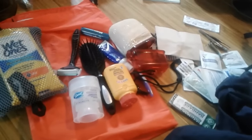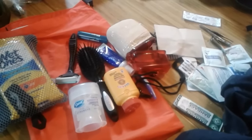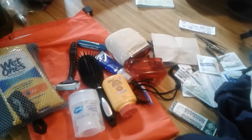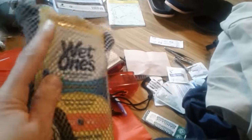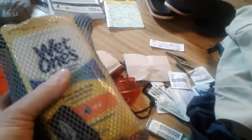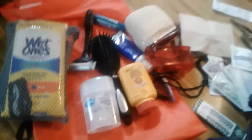Hygiene and first aid. I went through this so many times, and I've reduced my weight down. This is it. This is the minimalist I'm going to go without feeling that it's going to infringe on a little bit of comfort and safety. So I have some wet ones, and I've sent some resupplies. In my resupply boxes, I sent more, but there's like 20 of these in each one. And this is my camp towel. So at night, I'll wipe myself down with wet ones, or in the morning, and feel a little bit refreshed